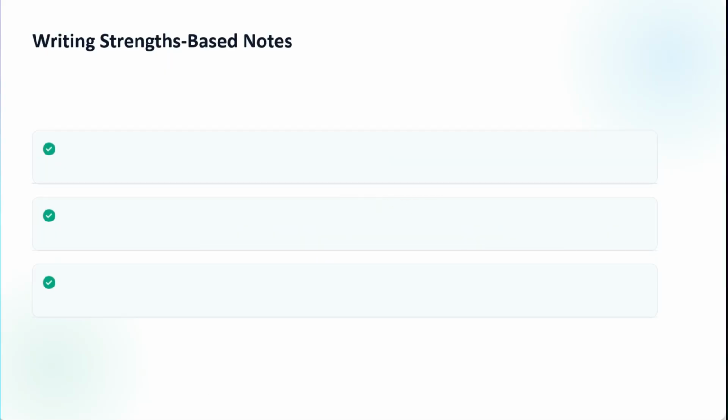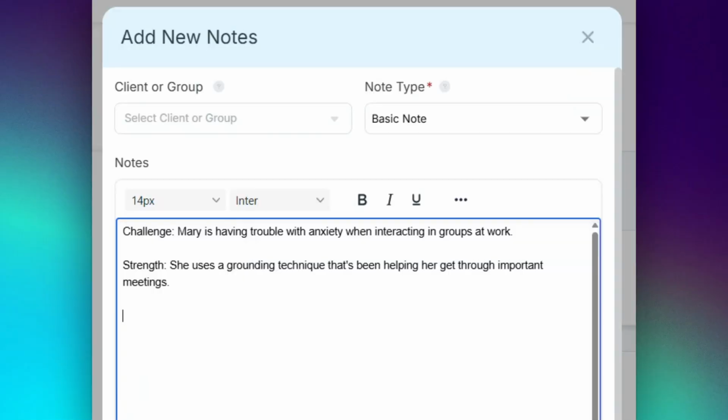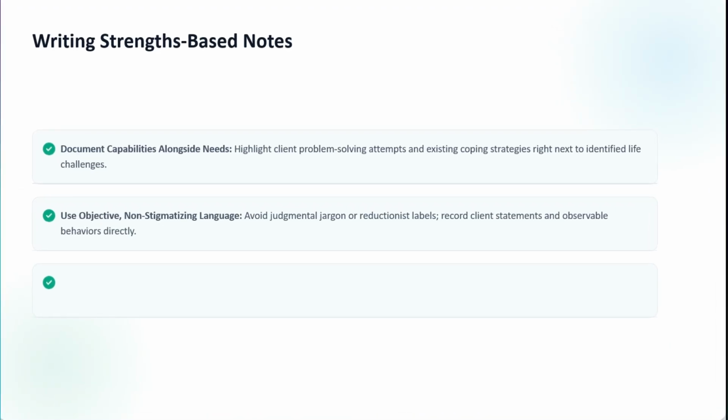Now we're going to look at how to write strengths-based progress notes. And whether you're using a common note type such as SOAP, BIRP, DAP, or a custom note template, always balance problem identification with documented client efforts. Highlight client problem-solving attempts and existing coping strategies next to the identified life challenges. Use objective, non-stigmatizing language. Avoid judgmental jargon or reductionist labels. Record client statements and observable behaviors directly,